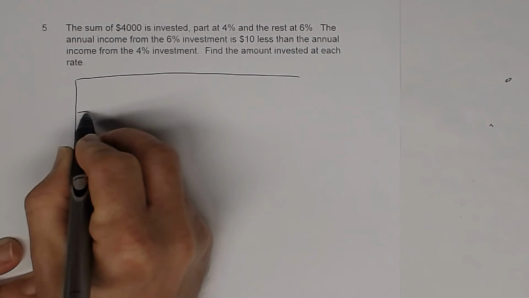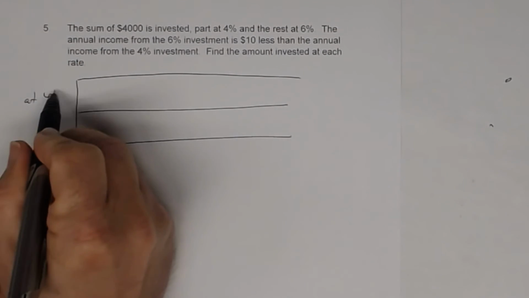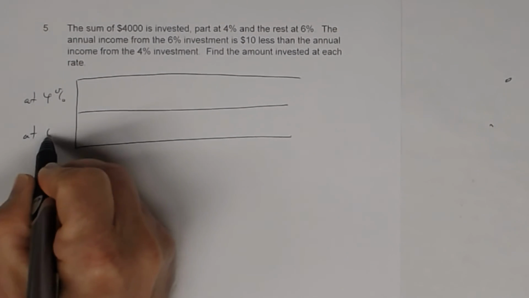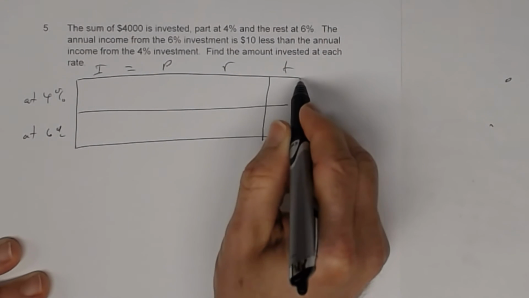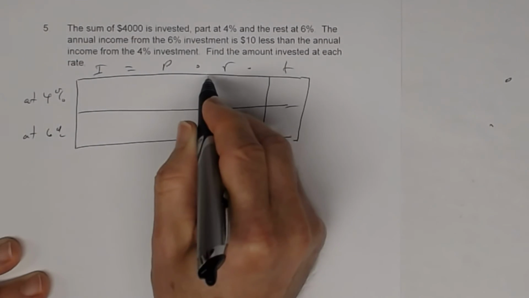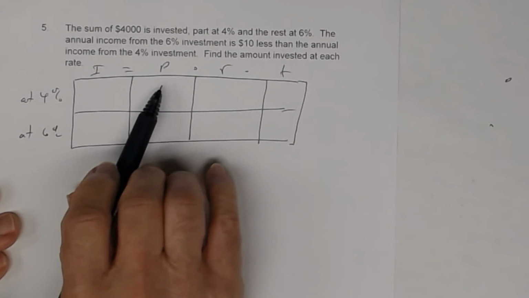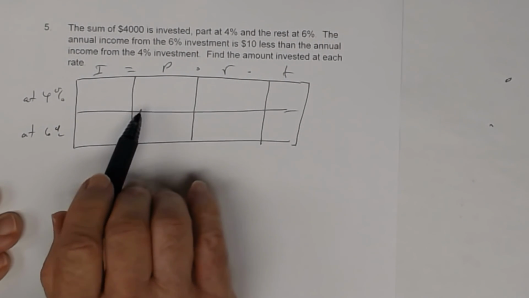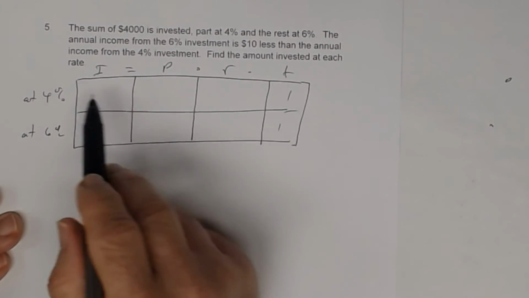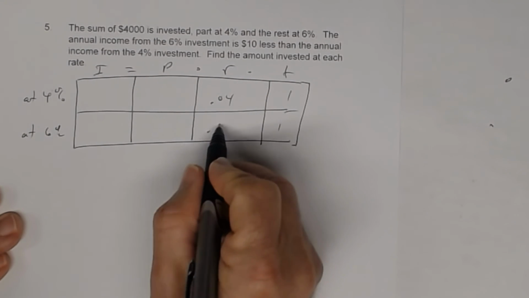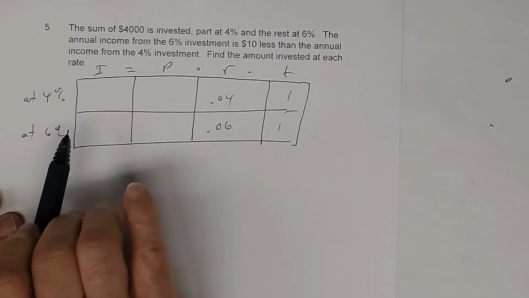I'm going to do those two rows just like we did before. And I know that we're going to say this is going to be the one at 4%, and this will be the one at 6%, right? And we know that interest equals principal times rate times time. Okay. So this time you are told that your total amount invested is 4,000. All right. And so this part I can fill out easy because it says the annual income, so that's 1. The rate 4% says 0.04. Rate here 6% says 0.06. That's easy to fill out. Now let's talk about the principal. So together these two must add up to be 4,000. So that kind of goes back